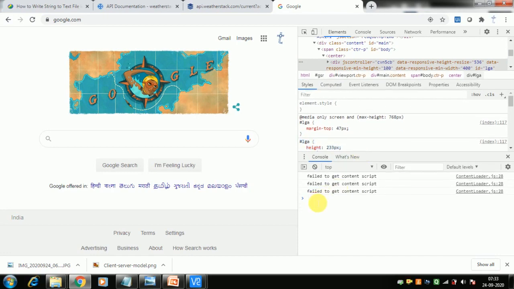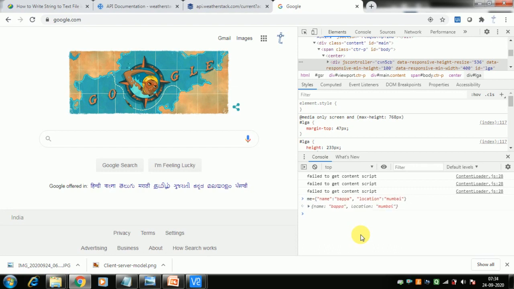JSON is a key value pair, so you can write me is equal to, curly brace, name colon Bappa, then a comma, and location colon Mumbai, and closing curly brace.